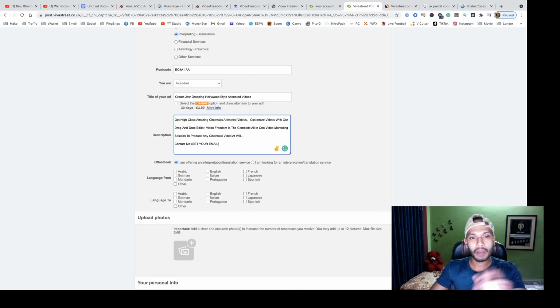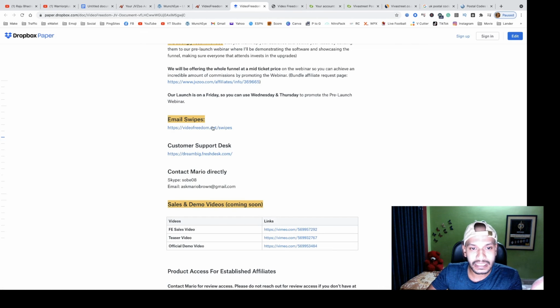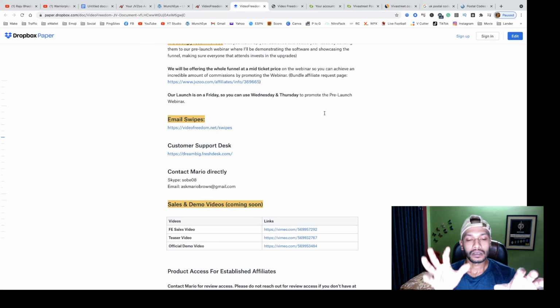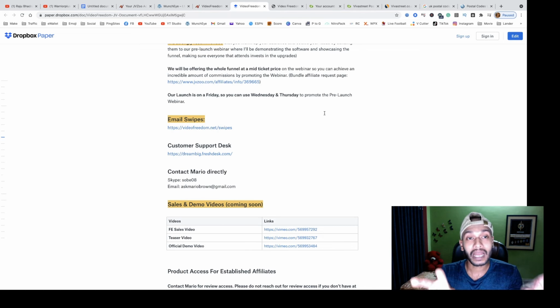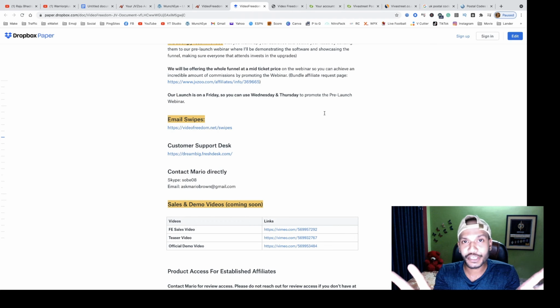For this reason, you have to contact your audience using your email. When they contact you using this email, then you can use this email swipe and send them an email. That's it. And highly targeted people will mail you, otherwise you don't get random mails. If you get 10 mails, then you can get 4 or 5 sales minimum, I can assure you.